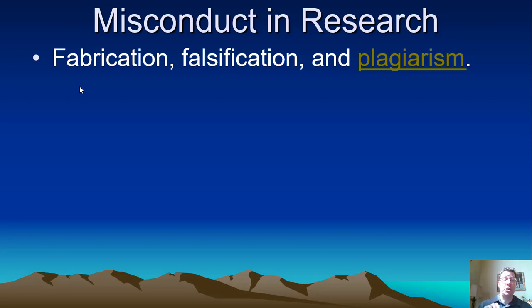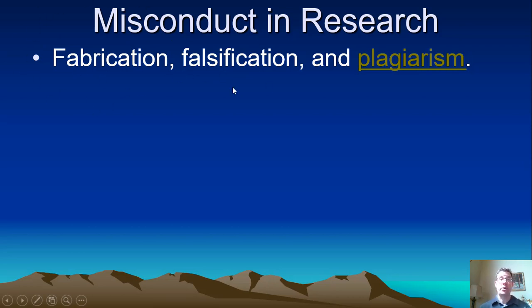So if your data comes out and your p-value is 0.052 and you spend a year collecting this data, darn, it didn't work. Well, some researchers end up dropping participants in a way that helps their p-value or helps their hypotheses come out. That's unethical. You want to drop outliers before you test your research hypotheses. That way you're not tempted to drop people in a way that helps your research hypotheses come out. So changing a data point here or there, or dropping outliers that you have no reason to drop, that's fabrication.